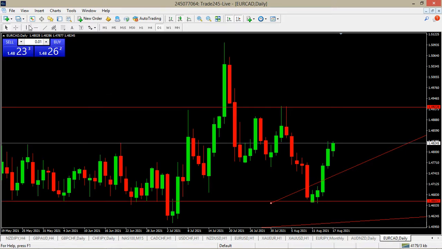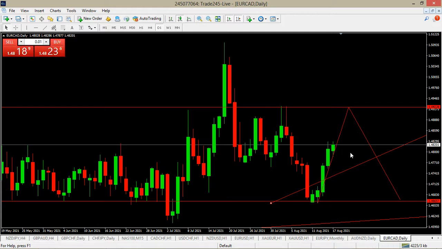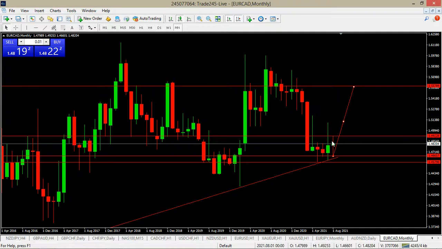So we could see this type of movement where it runs inside the channel here. This is what I was saying. You see, guys, you could see this upward and downward movement just play inside, but also bear in mind whether this is going according to trend lines, because it looks like monthly wise it has just respected the trend lines. We could see it